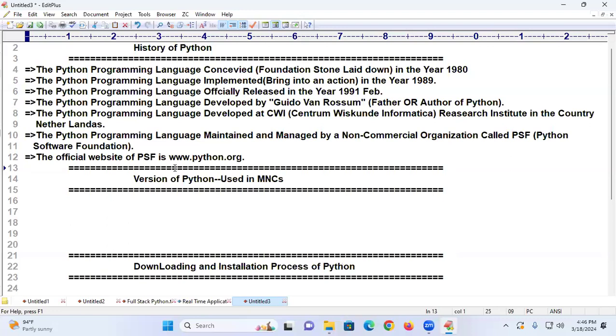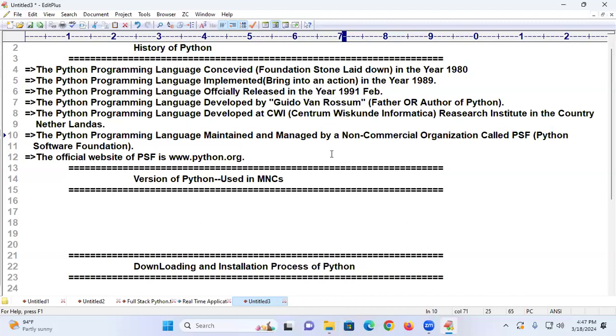Are you able to follow? There you need to understand important points. Number one, which organization is maintaining Python software? And who is the father of Python? At which place was it developed, and where was it officially released? These are the few points you must remember. Are you able to follow this?